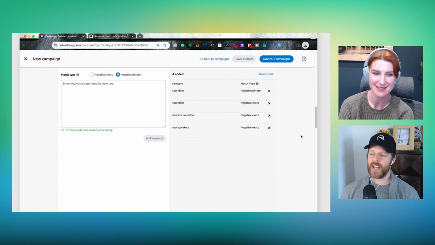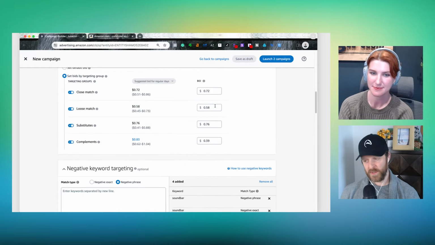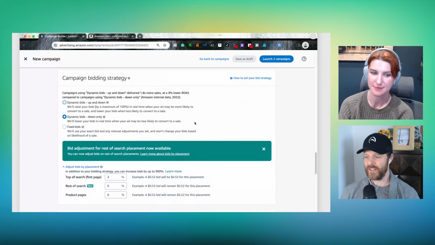So that is all to say, if you don't get the perfect bid right here, or you feel so much pressure to enter the perfect top of search bid modifier, don't worry about it, because no matter what you do, you're going to want to get into the habit of going in and optimizing it later based off what you see in the data. So, starting off,